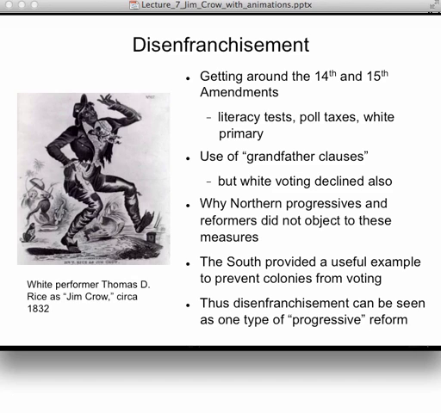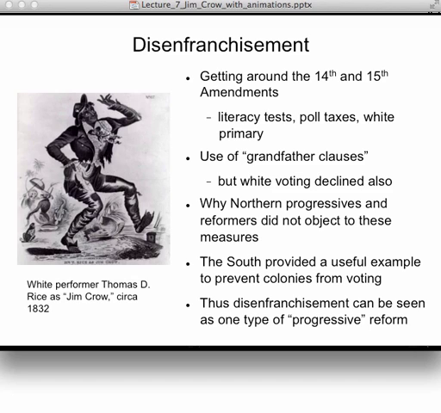And so many members of the progressive movement embraced these Jim Crow voting laws, especially after 1898, after we had acquired the colonies of the Philippines, Guam, Puerto Rico. The example of the South, where you had a class of second-class citizens, blacks who were not allowed to vote, turned out to be a useful precedent for depriving those Filipinos and other colonial people of the right to vote as well. And so, strange as it may sound, progressives embraced Jim Crow in many ways, and although the progressive movement was good for women, for workers, for child laborers, and so forth, it was often very bad for African Americans.